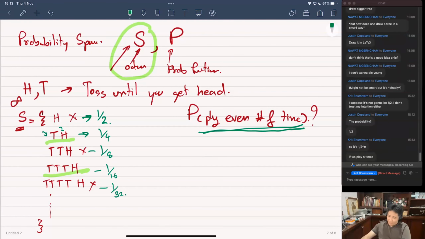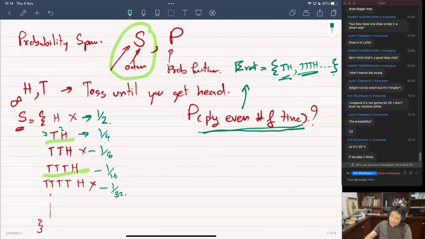This kind of thing, the official word is called an event. An event is a subset of the sample space. What that means is it's just some outcomes we count, some we don't. This event is going to be tail head, tail tail tail head, and so on. The probability of an event, I think that's clear, is that you just need to add up the probability of each of the items.